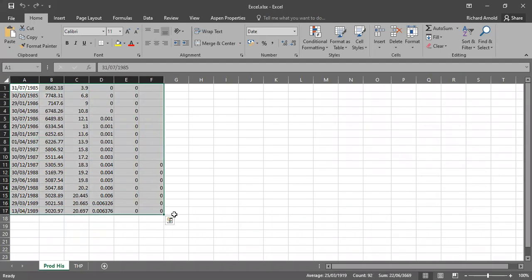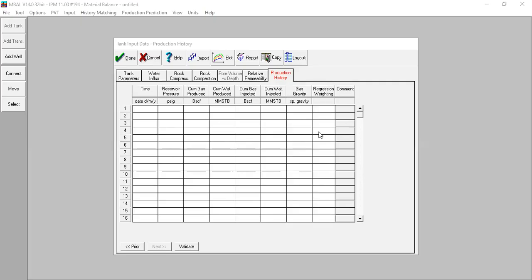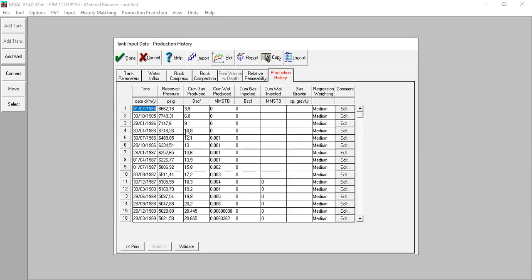Okay, I can easily copy it, Control C, and I will go back to the MBAL. Okay, here the MBAL, and then right click paste table. All right. So now I have my production history inside the tank model.